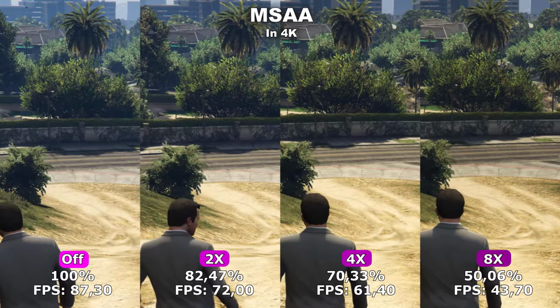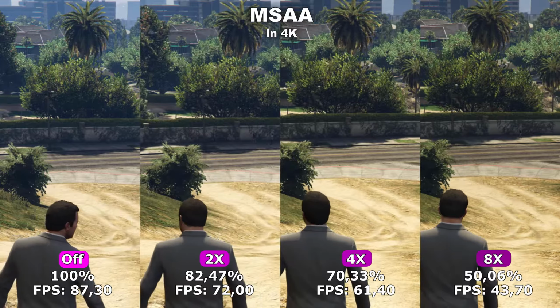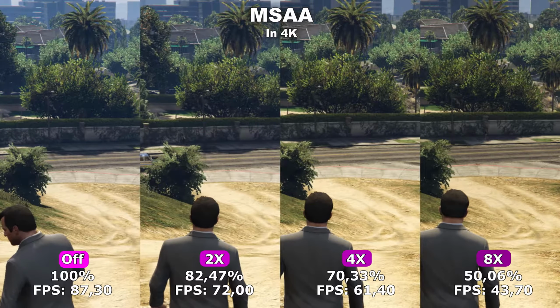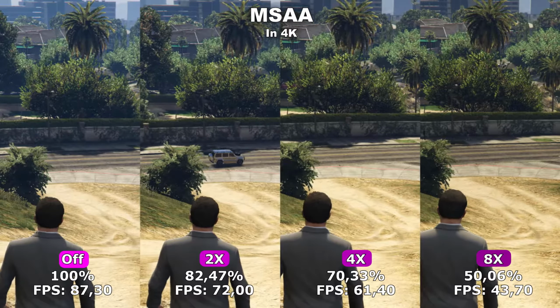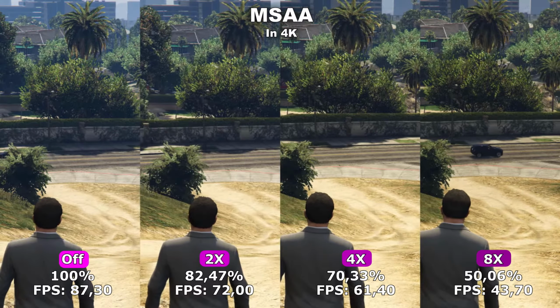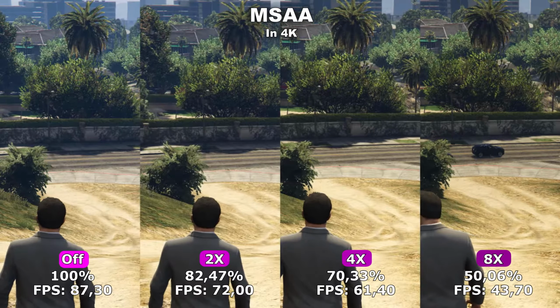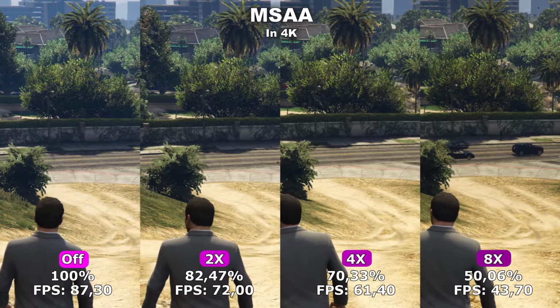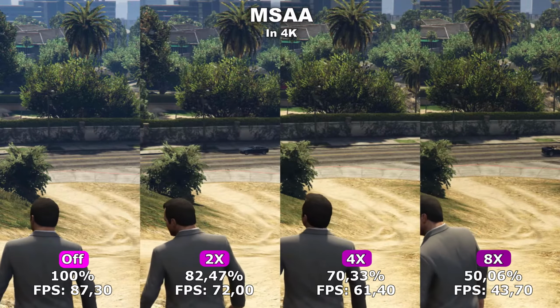Unlike FXAA, MSAA has a massive performance difference between having it turned off and all the way up to 8x, where we lose around 50% of our performance. However, MSAA does also actually make a difference in terms of quality, where you can see a noticeable difference.